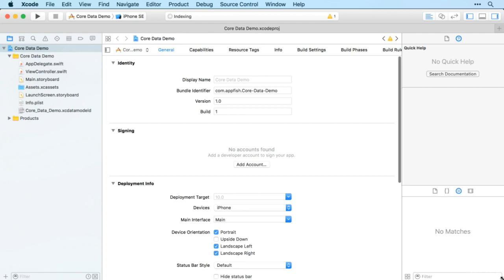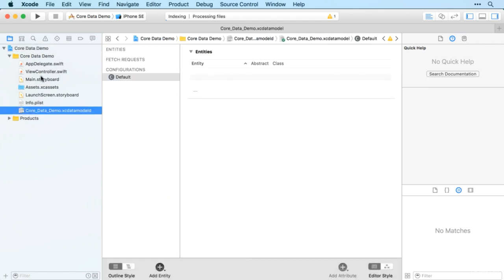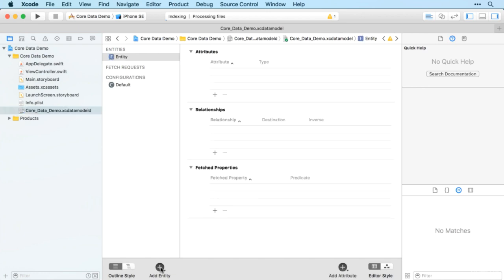So have a look around the screen and see if you can see anything new. Hopefully you'll spot this file on the left there, which is our data model. So our data model is much like a database structure, or if you like, an Excel spreadsheet. We start off with an entity, which is like a page on a spreadsheet or a table in a database. So I'm going to